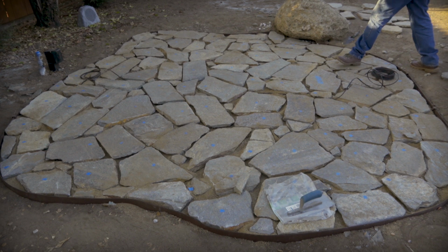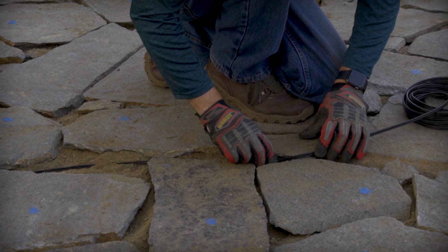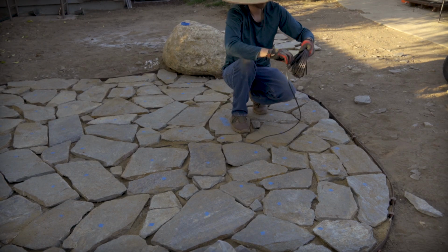With the stones finally set in place, we decided to sneak in a low voltage lighting wire in the gaps before we filled them in. This is going to be used to add some under the sofa lighting once we get our furniture in place,